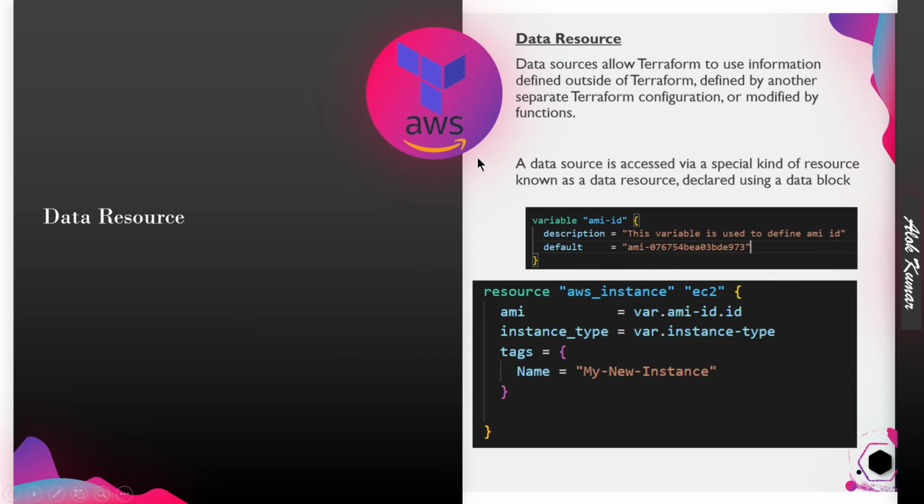Data resources allow Terraform to use information defined outside of Terraform, defined by another separate Terraform configuration or modified by a function. So you have to use a different tag, like you use one for variables, and a different tag that you use for resources. In the same way, to fetch additional features of any resource, you have to use the data resource, a special kind of resource that is used with the data